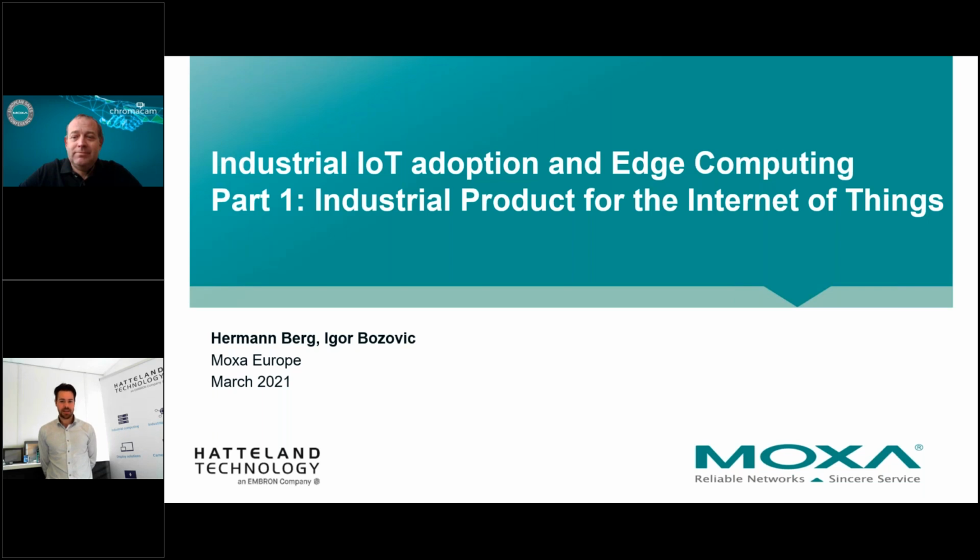As Simon said, today is part one of the industrial product series for the Internet of Things. We will go through the introduction, the market trend and the verticals, which is going to be presented by Herman. Then we will walk you through a storyline with examples for power, rail, oil and gas, maritime, mining, etc. After that, we will focus on the product line and what Moxa has to offer